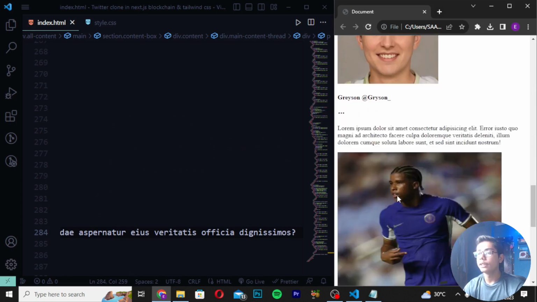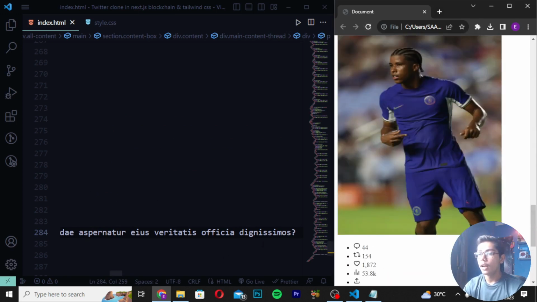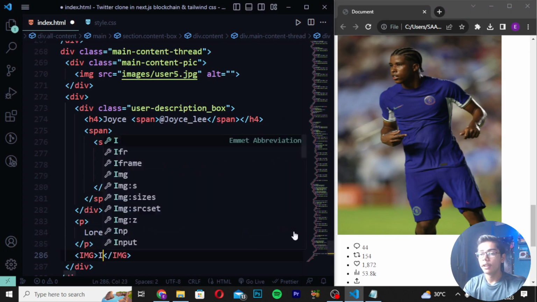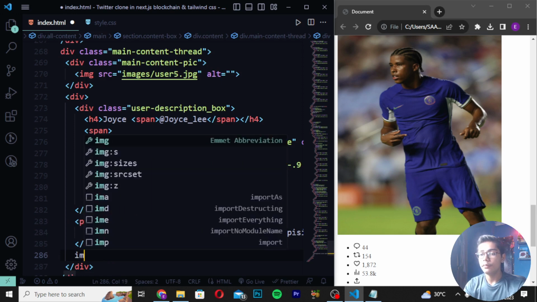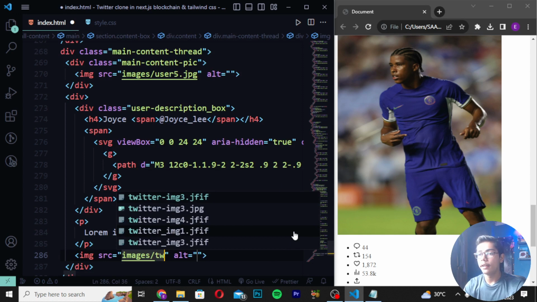So if I show you, you can see we are getting all the things here. We are also getting the post section here, which is looking good. After getting this stuff, you have to simply do one thing. You have to move down after this tag and create an img tag. So I will be writing images slash Twitter, and right here image